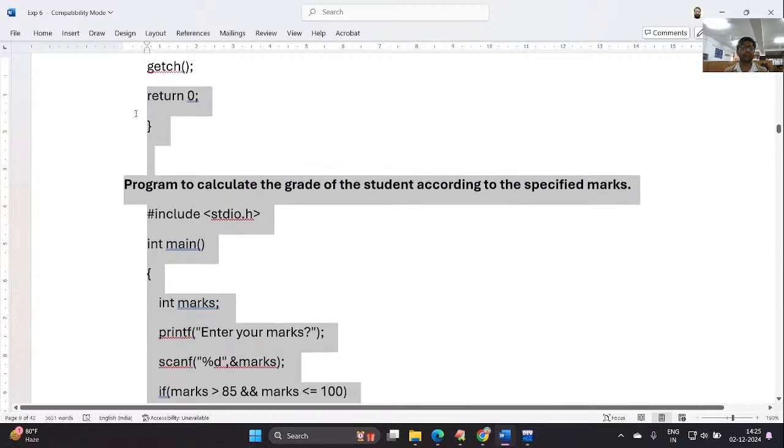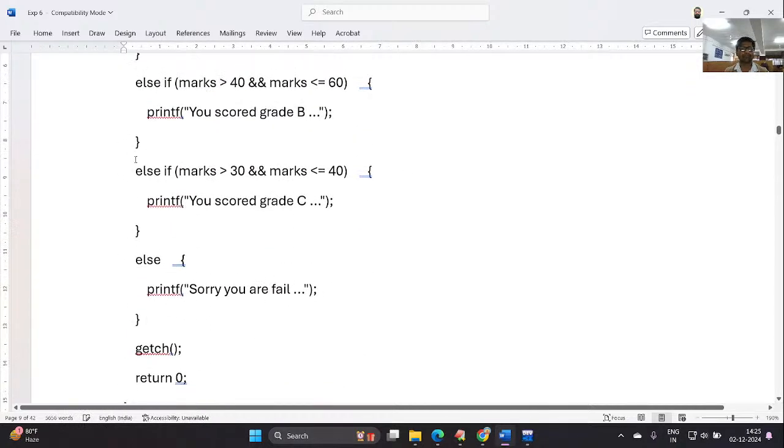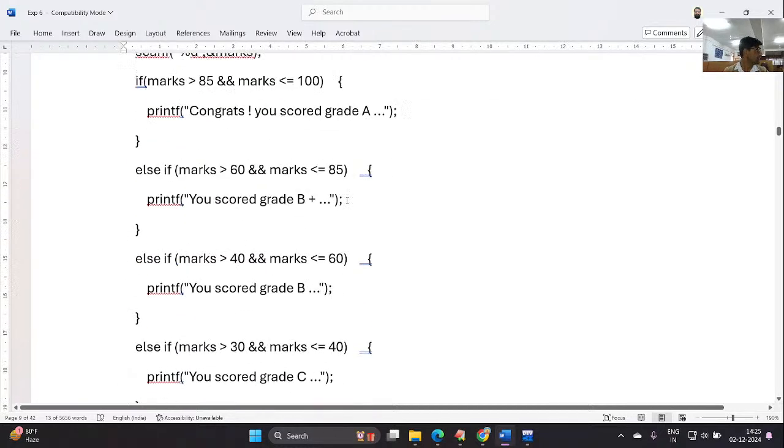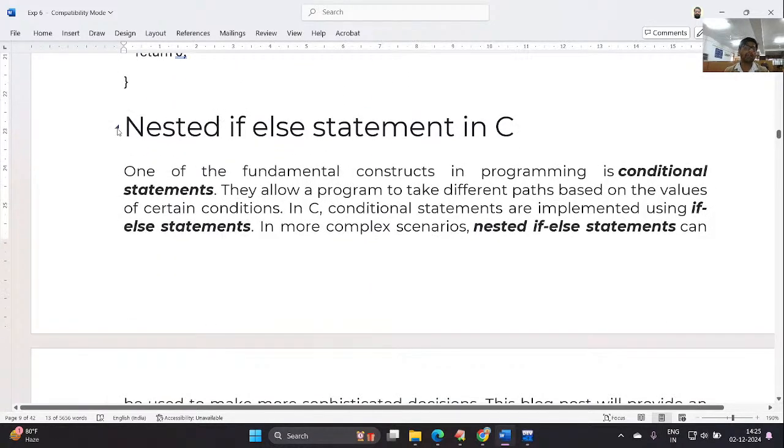I'll give this script to you so that you can practice. I'll share this script to all of you. Okay. Next, we shall see about